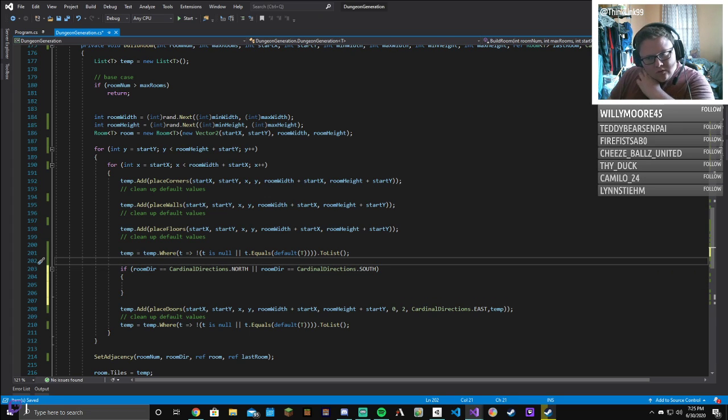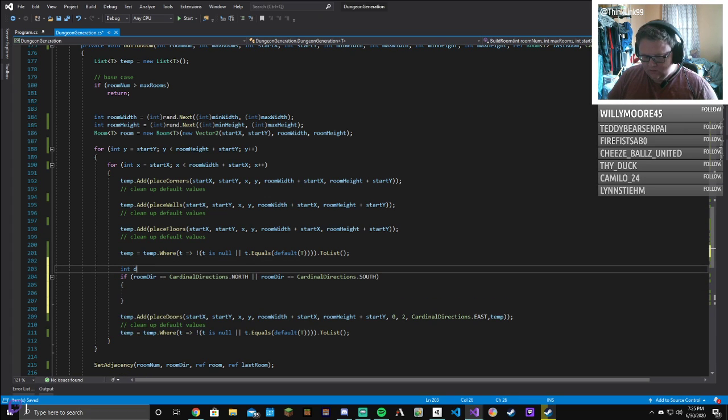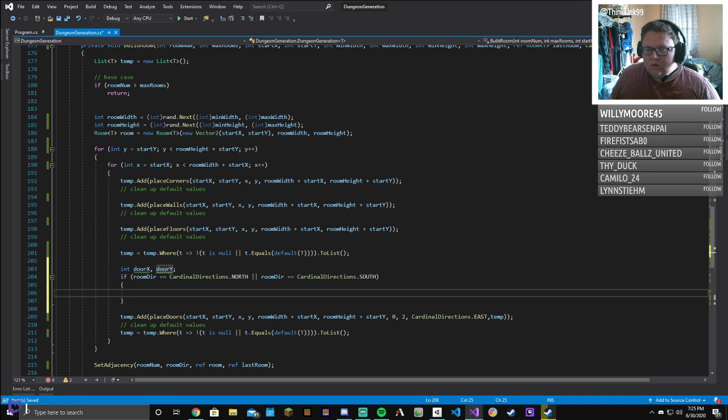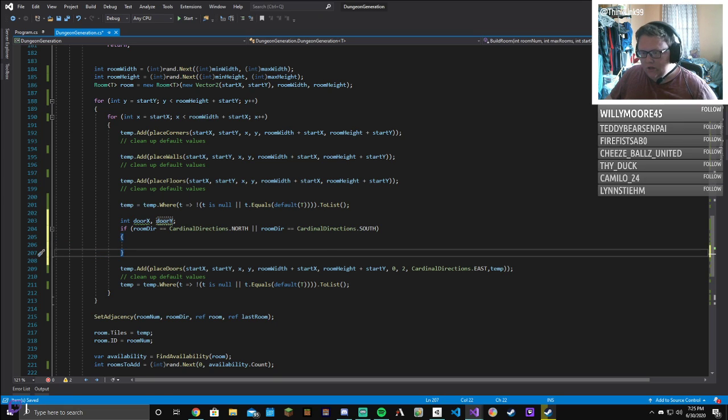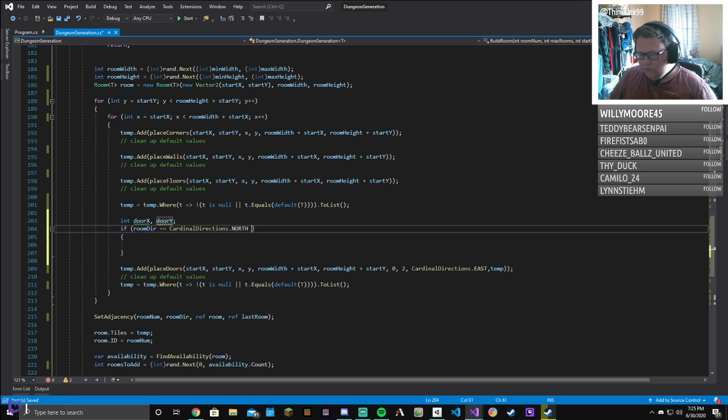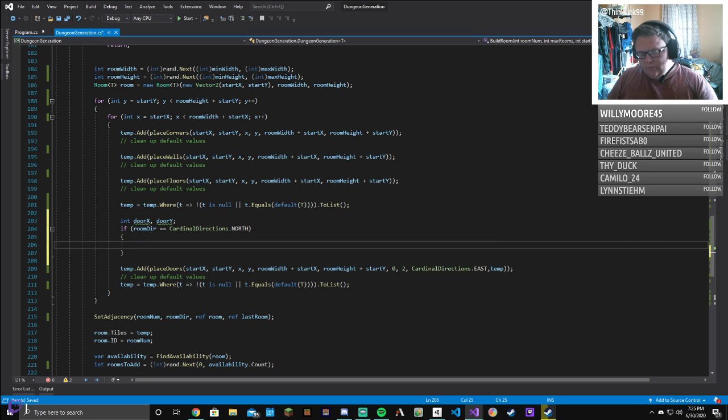So we'll just do quickly int door x and door y, door e. We'll do door x and door y. So if room dir is equal to north or south, then we want our door position, not north or south. That's stupid. That's stupid, Trey. If it's north, we want door y